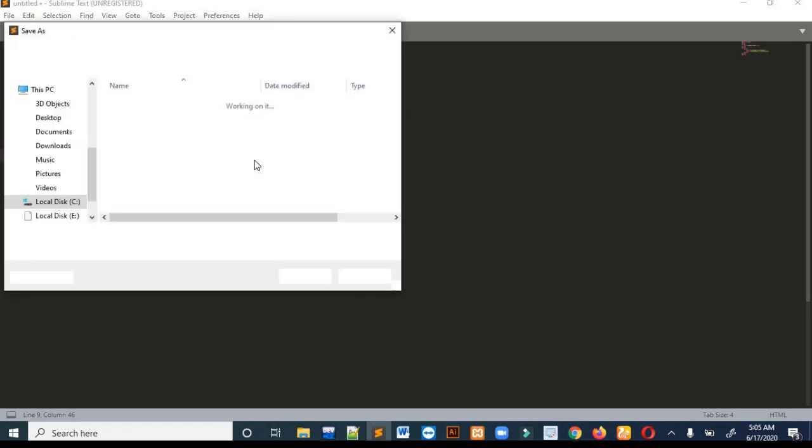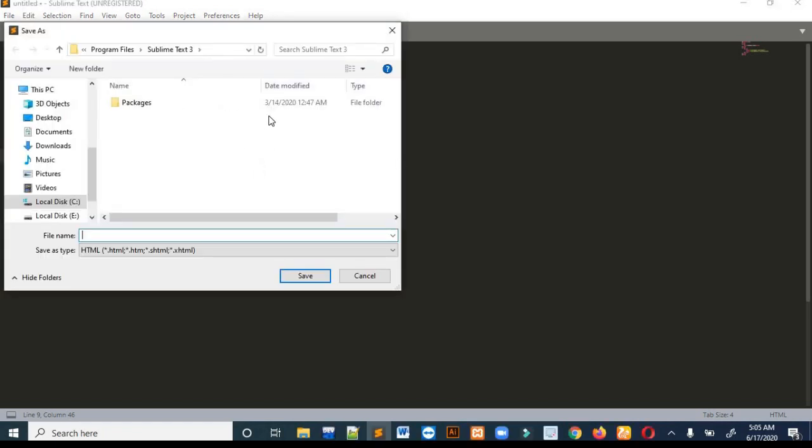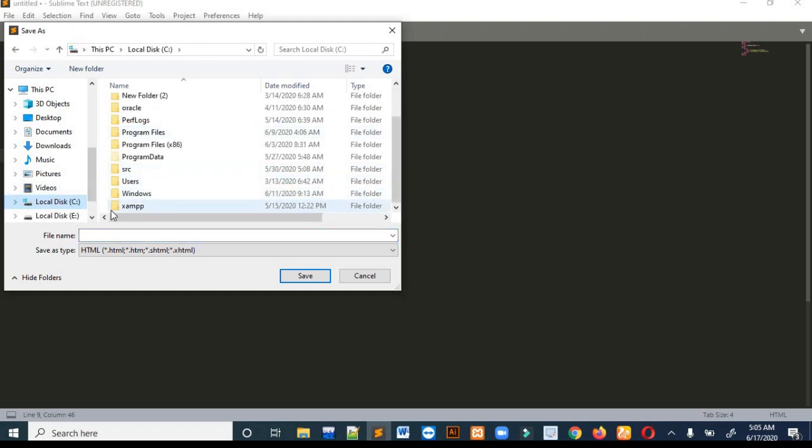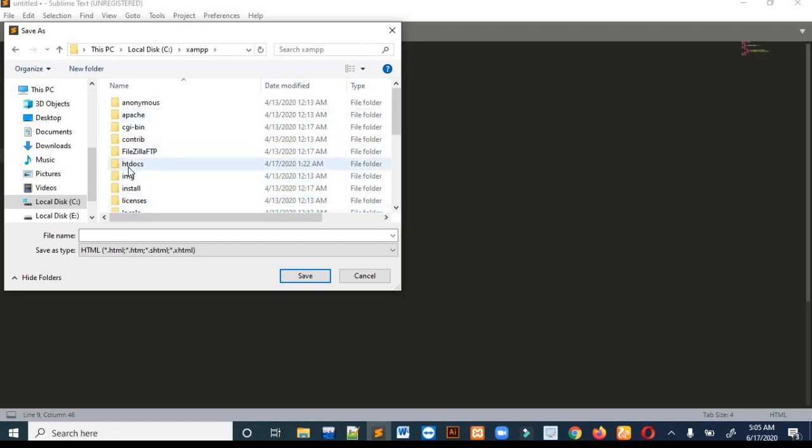So let me show you first. You have to save this file in the XAMPP server, because when we use PHP code in our file, it won't run if we save it simply. So we have to save it in our XAMPP folder. As I had installed XAMPP in my C drive, you have to open XAMPP, then go to htdocs.